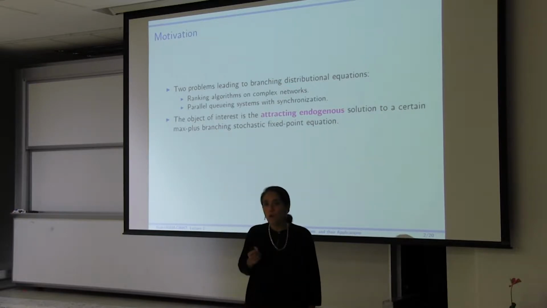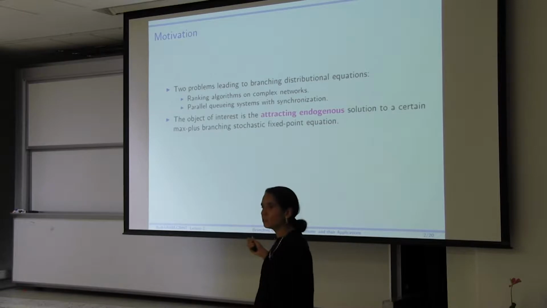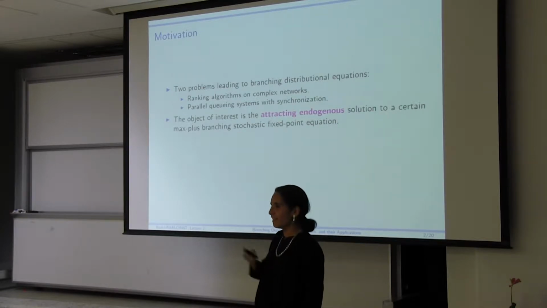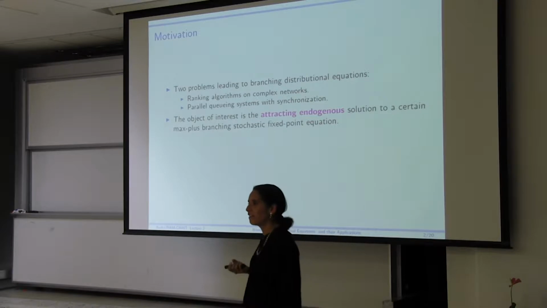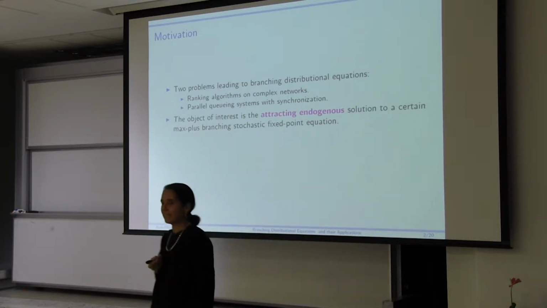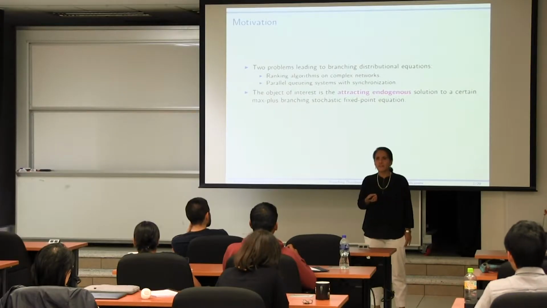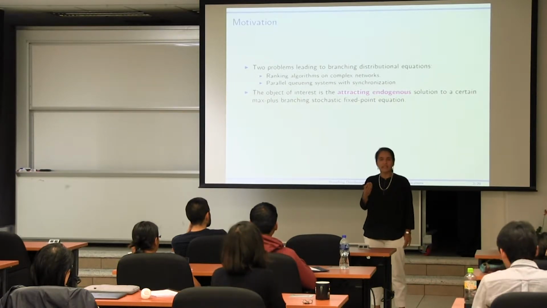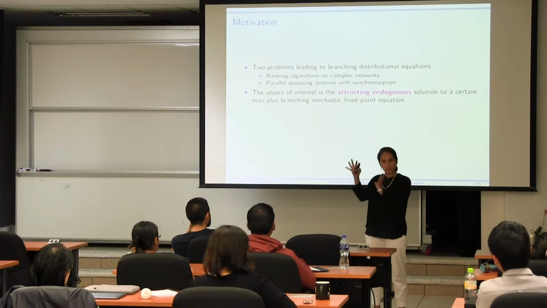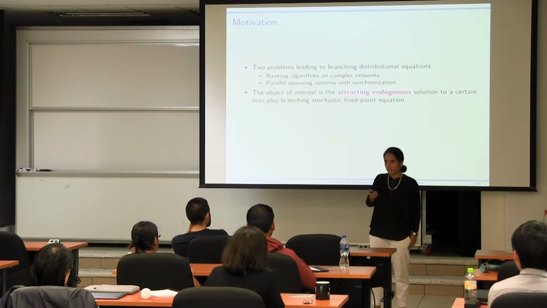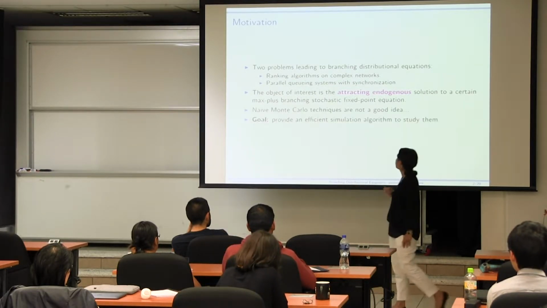So I said before, what I'm going to be studying is the attracting endogenous solution to those fixed point equations. And as I said yesterday, with very few exceptions, the one that Andrea solved for you guys yesterday, and another one, the one that Cecile will solve or basically hinted at today, there's very few examples where you actually have explicit solutions. So rather than looking at the exact solutions, I'm going to show you other ways of trying to get meaningful information out of those.